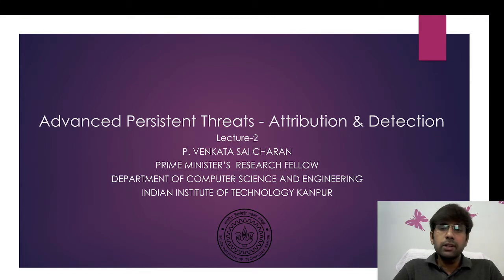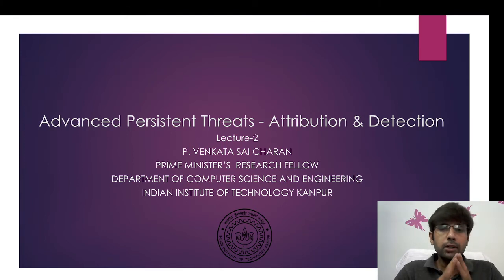Before actually getting into the deep methods that are involved in APT attribution, we need to understand some basic terminology related to APTs. Most often you hear and you have read about different naming conventions related to APTs. In some cases you might get to see APT 1, 2, 4, etc. And in some blogs we will see about Red October and Cloud Atlas, and in some cases you will see about Deep Panda. So the basic fundamental question is, what are the standard naming conventions with respect to APT groups?